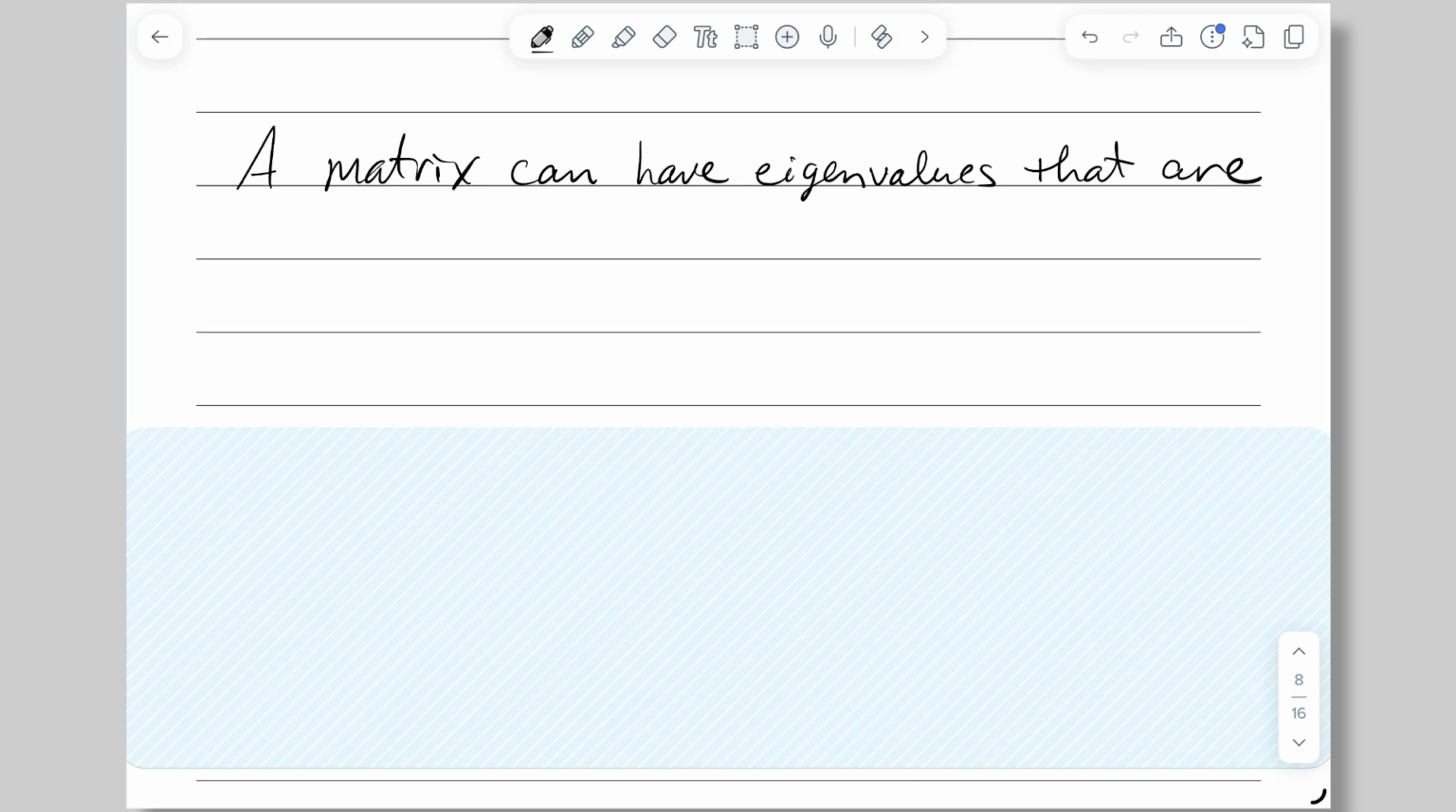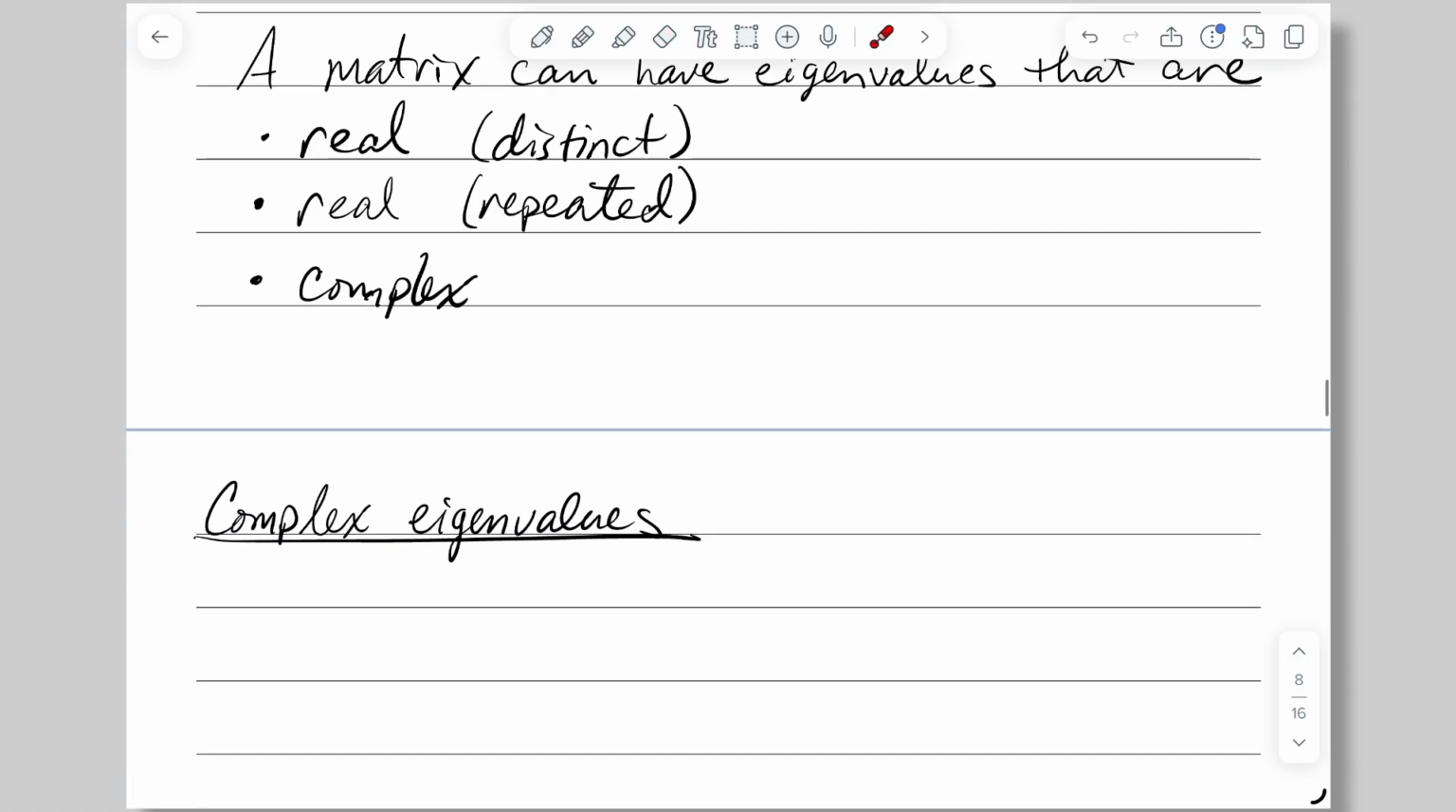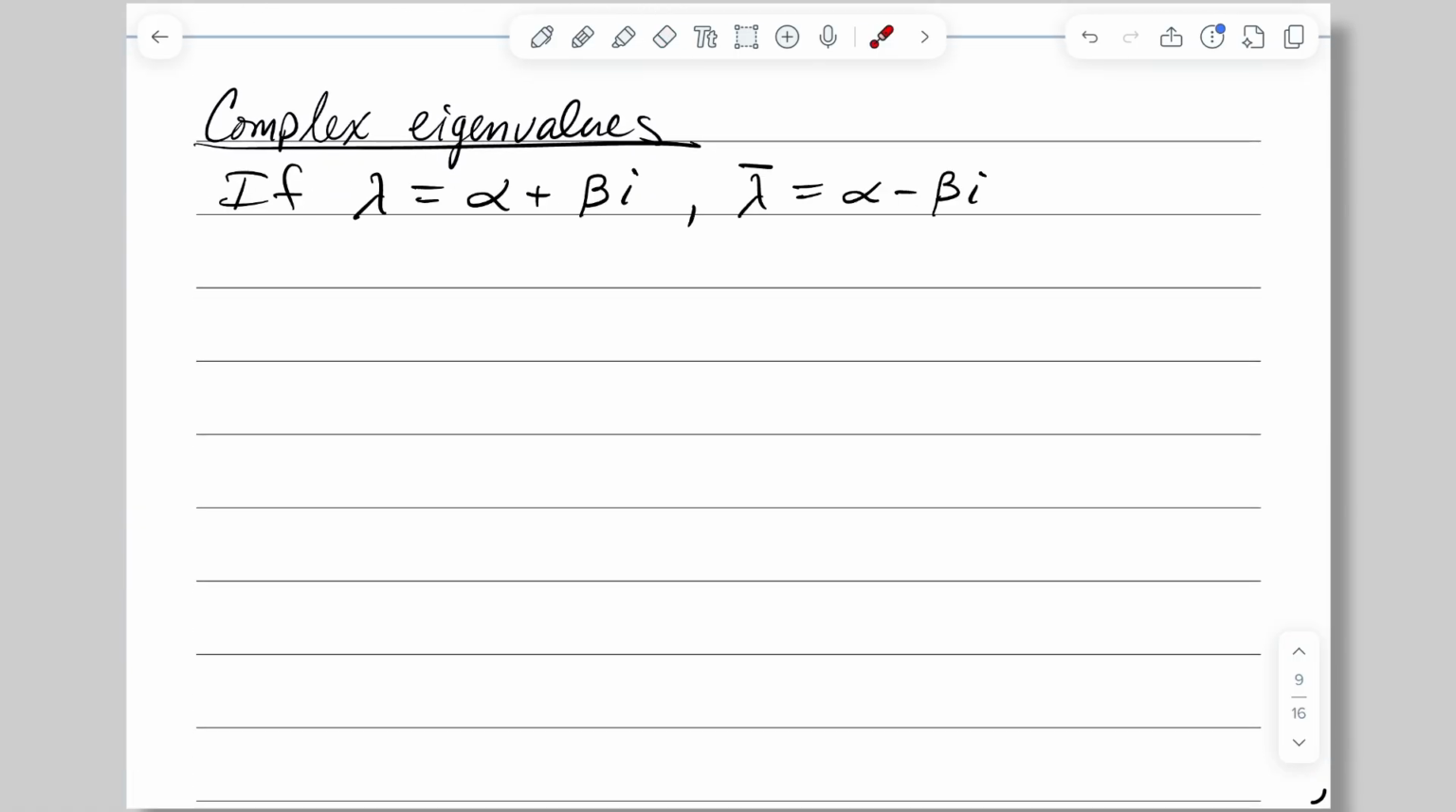A matrix can have eigenvalues that are real and distinct, real and repeated, or complex. We'll look at the real and repeated case later, but for now we're going to look at complex eigenvalues. If lambda equals alpha plus beta i and lambda bar equals alpha minus beta i, that is the